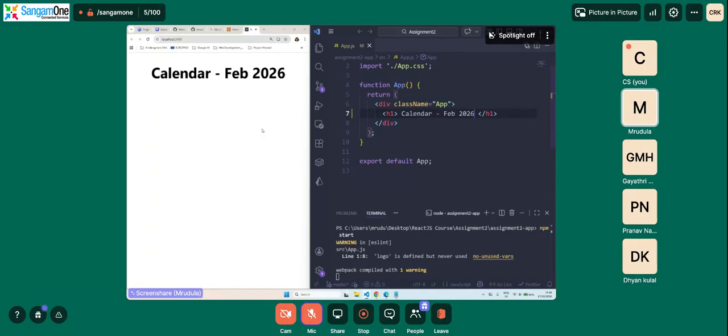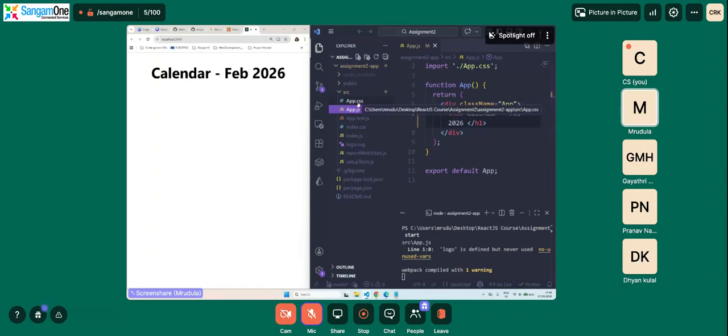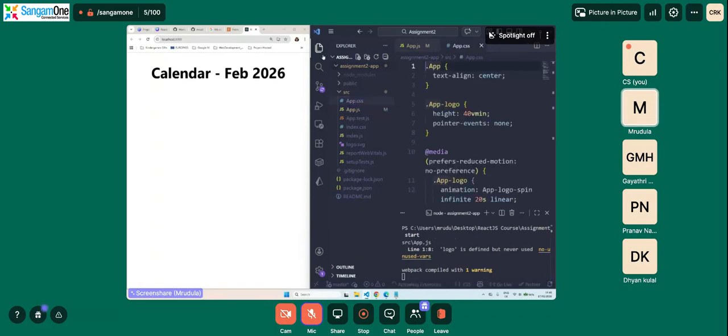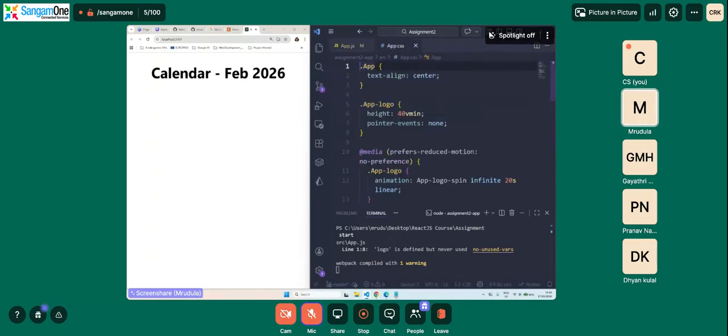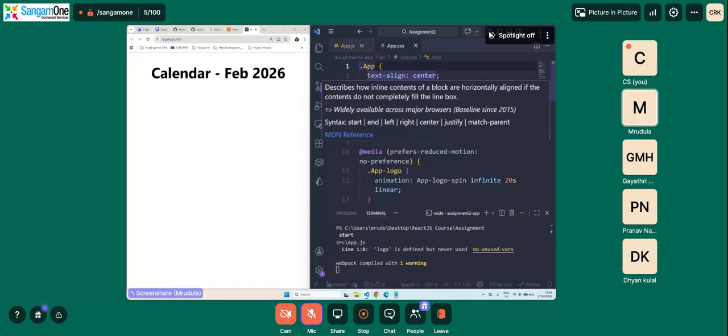One more important thing is we are making use of the CSS that is already existing. The styling is in app.css. If you go back, you can see the div tag has the class name app. If we go to app.css, you can see .app has the styling of the text in the center.